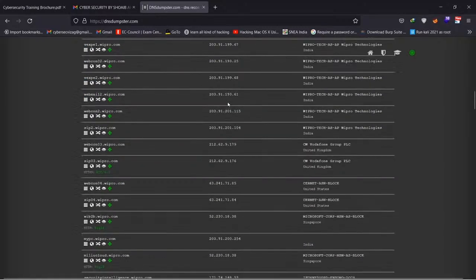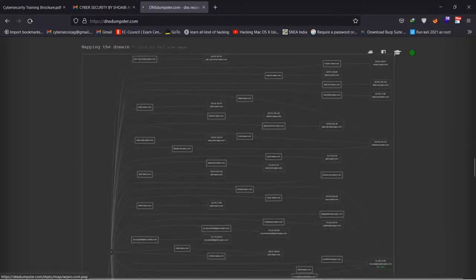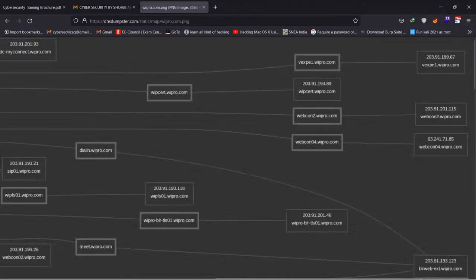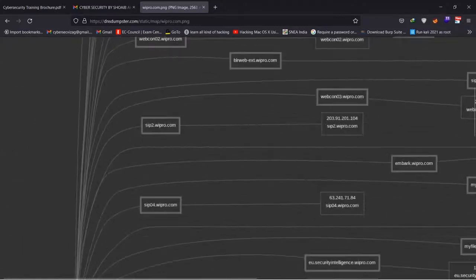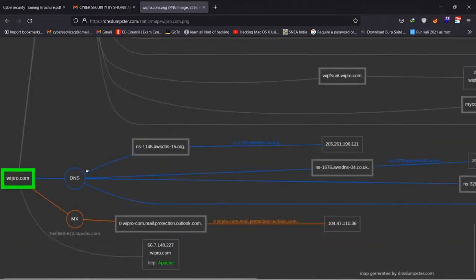Scroll down much further, and you can see the whole complete network topology. So this is how Wipro's servers are connected to one another. These are all the servers of Wipro: the main domain and all the subdomains, and the mail or DNS servers also. This gives us complete information of all the endpoints that you have to test for complete security of